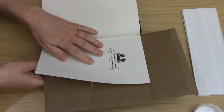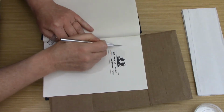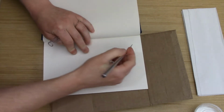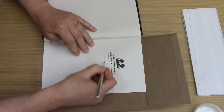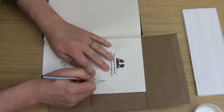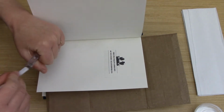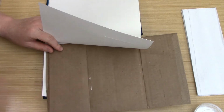Everyone will have gotten different books, so you can decide what you want yours to look like. But I am just going to quickly use my X-Acto knife to cut away this really interesting image. Now, you'll notice that I'm using my cardboard for backing here. The reason that I have a piece of cardboard, but you can use any solid surface